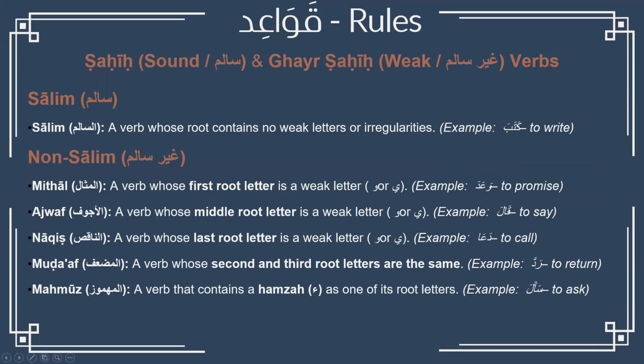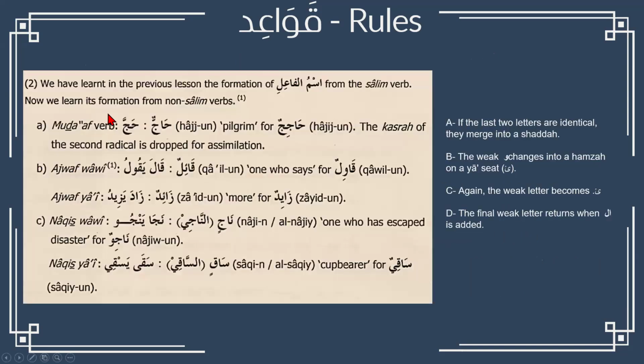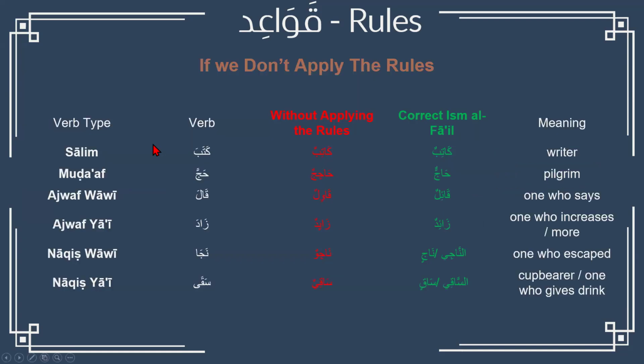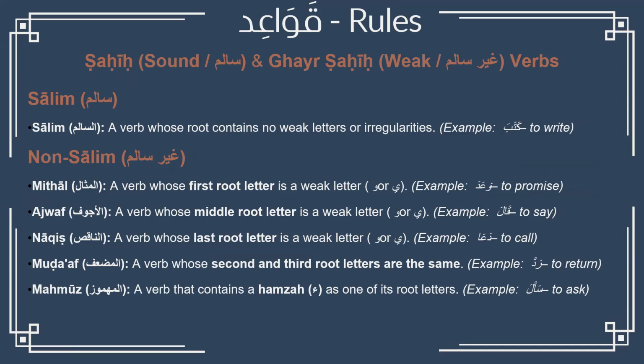Okay. Sister Mehreen, what is the third one? The third one is weak. Very easy. So the first one was weak, the second one is weak, the third one is weak. Okay, Sister Naila, what is the fourth example? I think the one that has the repetition, the two letters. Very good. Which has a repetition, which is called mudaf verb, and the second and the third root letters are the same. For example, radda or ayya.